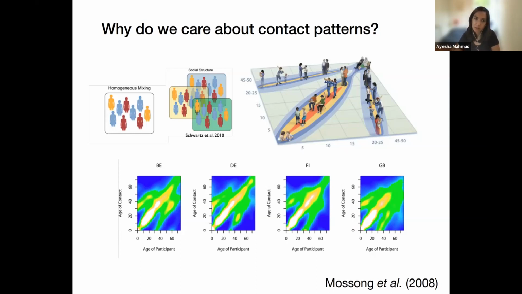So the Polymod study was one of the largest ones, but since then there's been studies all over the world. There's been several studies in the UK, and also over the course of the pandemic, there's been several studies in the UK looking at this. But there's been studies now in many low and middle income countries as well, including Uganda, Zimbabwe, India, and many other places. And when the pandemic started, I was having a conversation with Dennis, and I explained